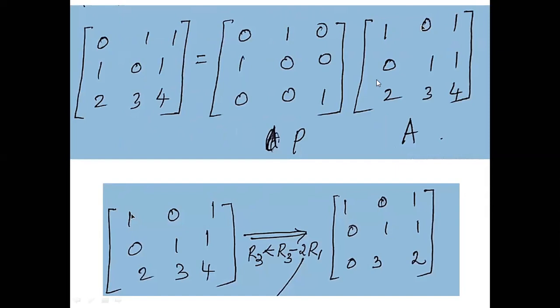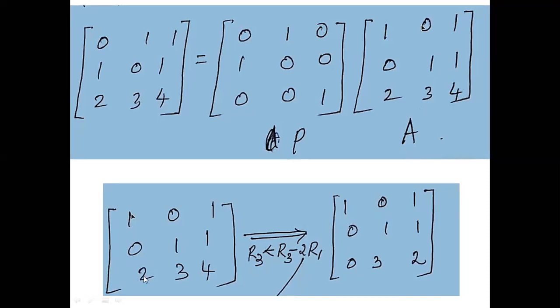Therefore, when I exchange the two rows and call it A, I need to multiply this with something so that this multiplication will give me the original matrix. I know that this A, after exchanging the rows, should be multiplied with some matrix so that I get this as the answer. And to get that answer, all I have to do is multiply with ones at certain points. For example, in the original matrix, I need 0, 1, 1. But in the permuted matrix, I have 1, 0, 1. So the first factor in the original matrix should be 0. Therefore, this factor should be 0. And then I need to have 1 here and 1 here. So accordingly, I will place the zeros and ones in this matrix.